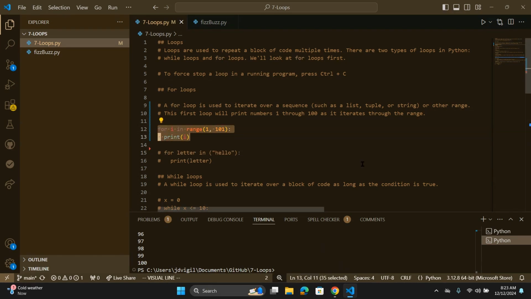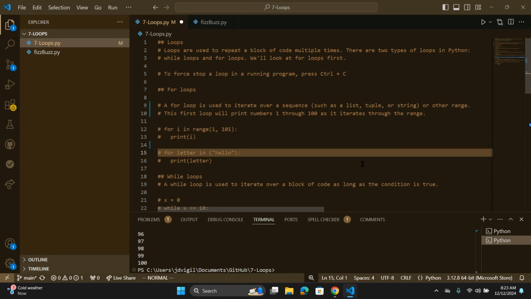Another thing you can do is if you have a string, you could say for letter, and again, this is just the name of a variable. This could be any name we want it to be. So for letter in hello, print letter. And what do you think is going to happen when we do that? It prints the word hello, but it prints it vertically